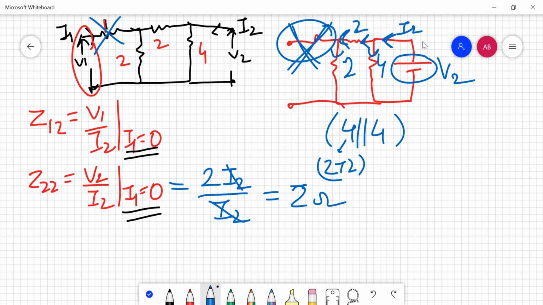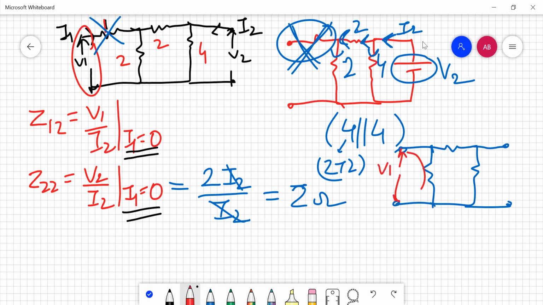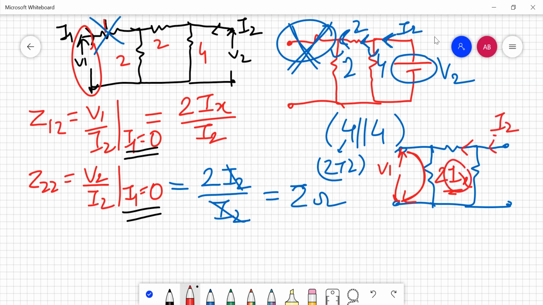V1 is to be calculated in the same form as we discussed before. So this is the case now. This pair of terminals that I have just extended will give me the value of V1, and you have to move your pen like this. So the voltage drop across this 2 will give me the value of V1. So now we have to find the value of this Ix, that is the part of our I2. So now Ix will come in terms of I2, and then I2 and I2 will get cancelled out.